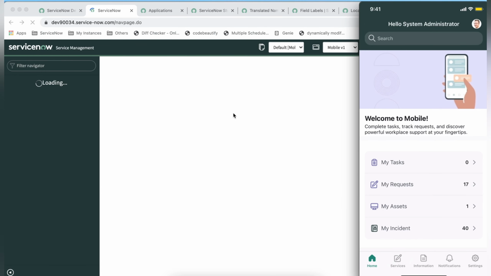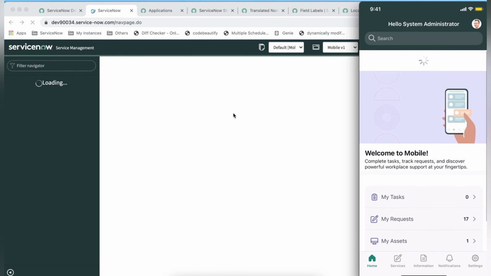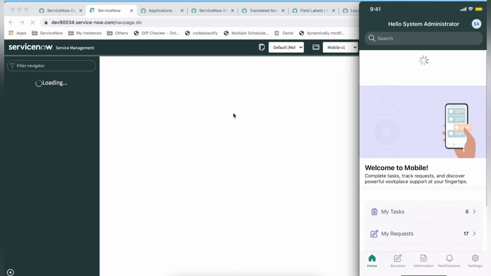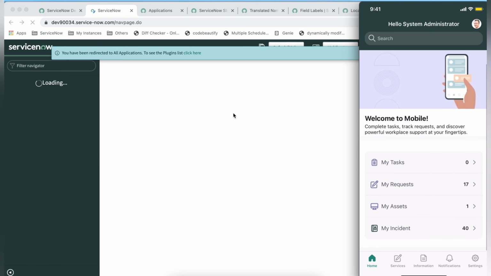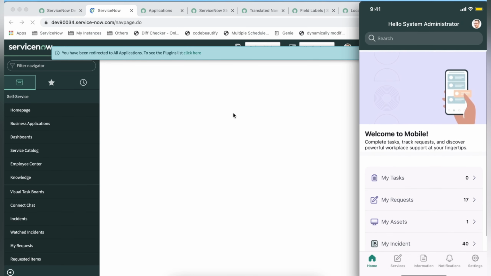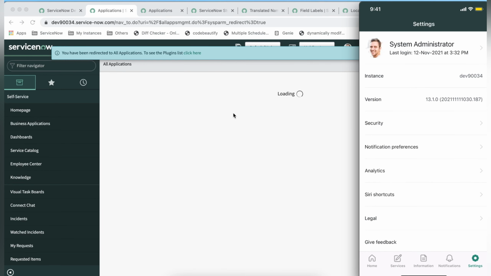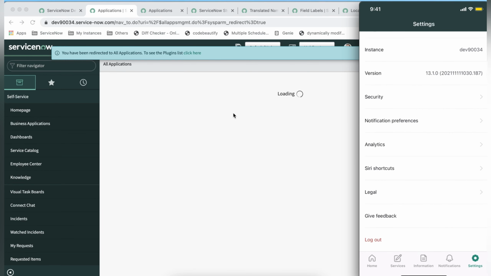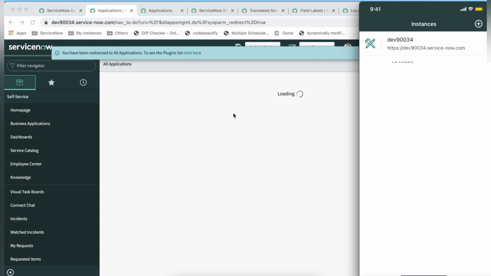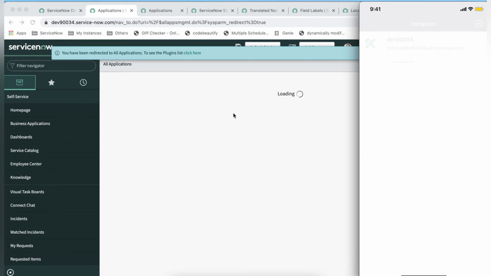To see all the changes reflected after our customization, we can only verify after logging out and logging in. So first I will log out of this instance, and now I log in again.